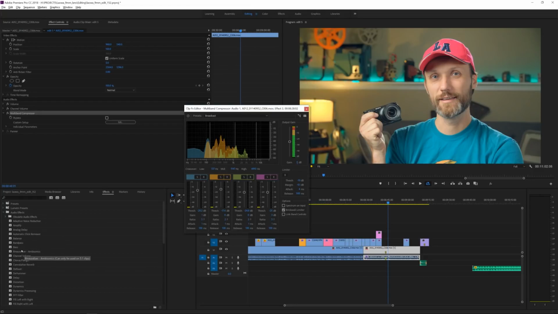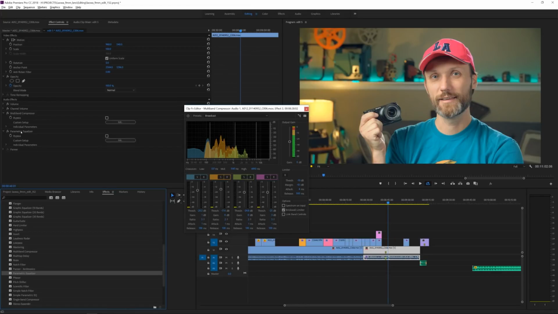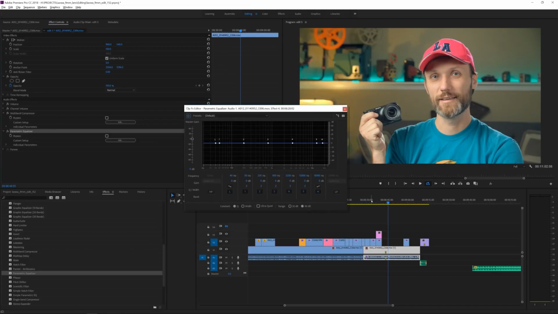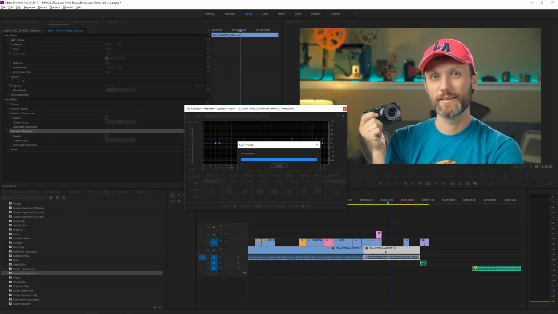But right here in Adobe Premiere, I can, for example, take the parametric equalizer, which lets you adjust the frequency. So I'll drag and drop it there. I can click Edit here, and I can just play it now. You see, right now we have no effects done on it. The presets is just set to default. But if I play the audio now, you're going to be able to see how the frequencies respond in here.